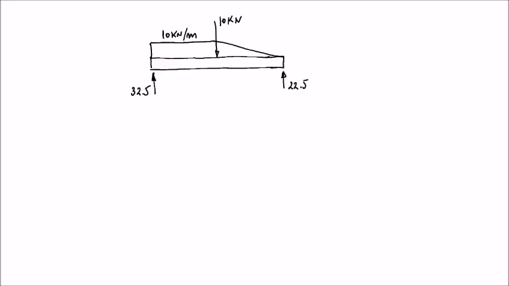So what we are going to do now is we are going to cut the beam in these two different sections. So basically we are going to do something like this. We are going to cut the beam in this section, and then we are going to cut the beam in this section here. And then we are going to separate the beam in two parts. We are going to use the part on the right side, so basically when we cut here,